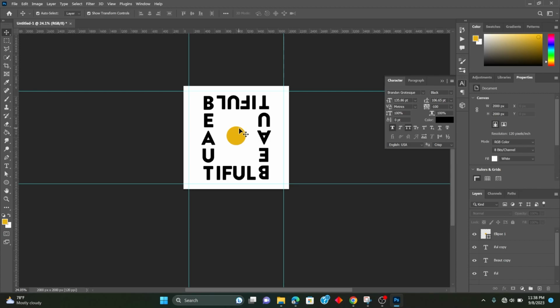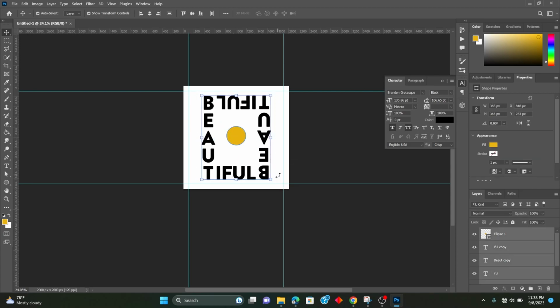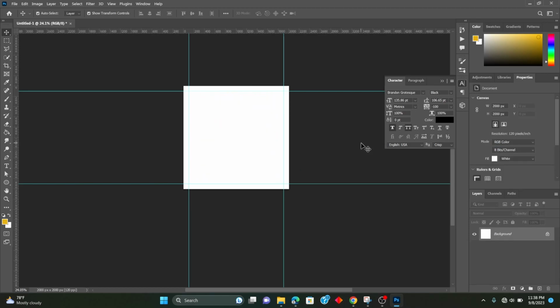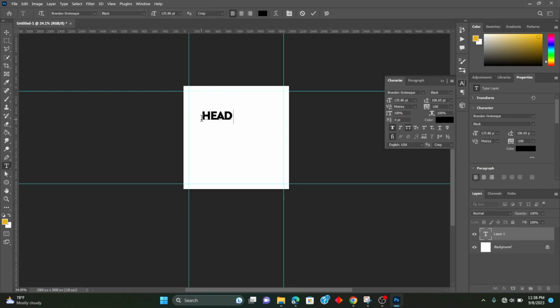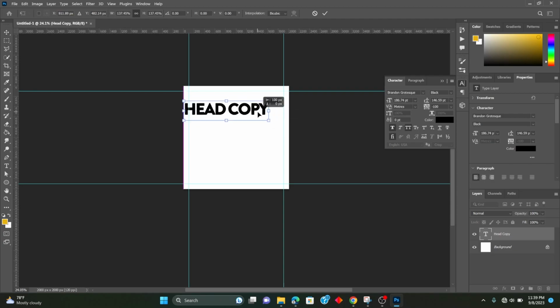I think there's one other thing I need to make you understand about hierarchy of typography. Imagine you have a head copy and a body copy. So you can have your head copy like this. A head copy could be very big, and you could have a body copy